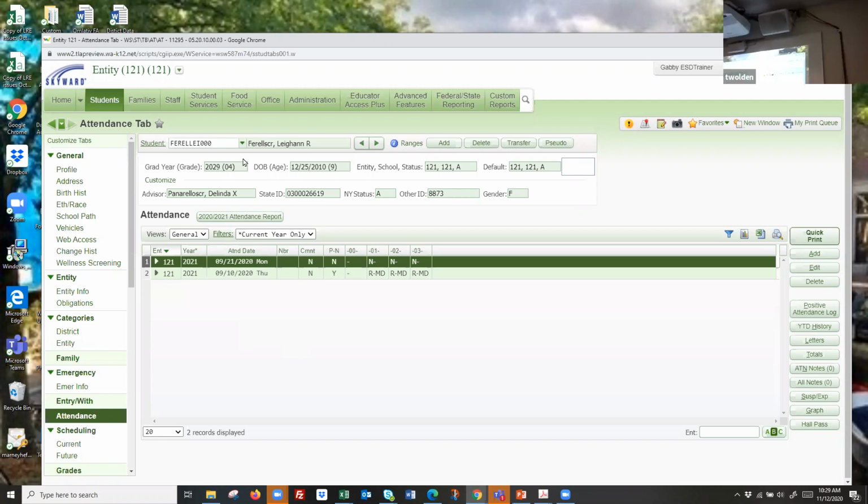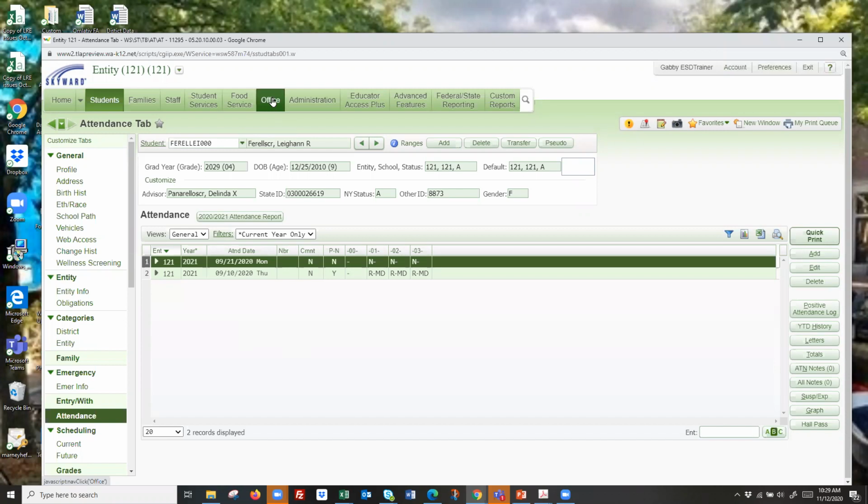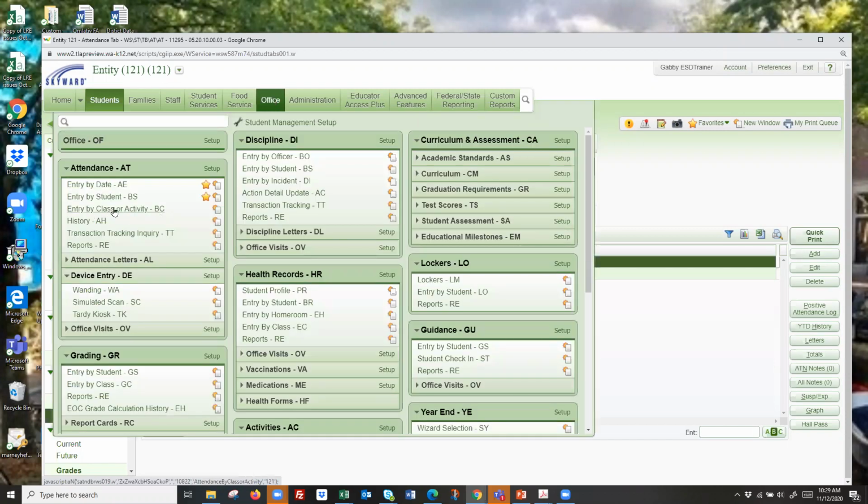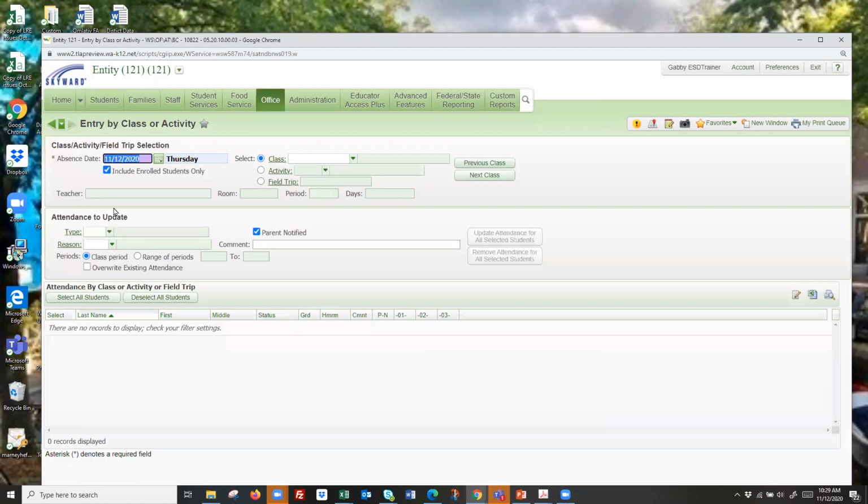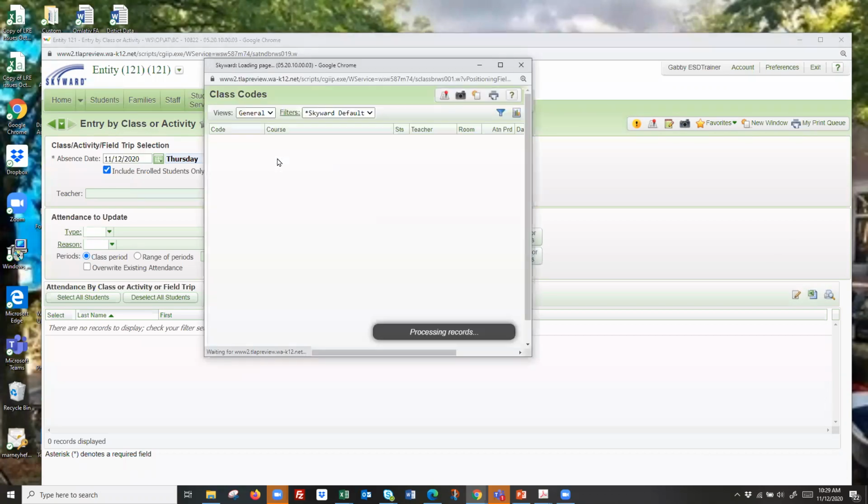All right, so then let's go back over to the office module and we'll go into entry by class or activity. So it automatically comes in to today's date. In this example, I'm going to put in a class trip. So I have my radio button for class. Of course, I only want enrolled students. So if I know my class code, I can punch it in here, or I can hit the hyperlink